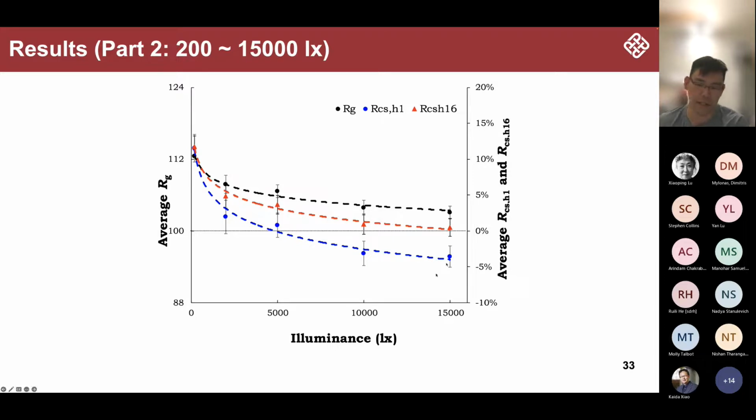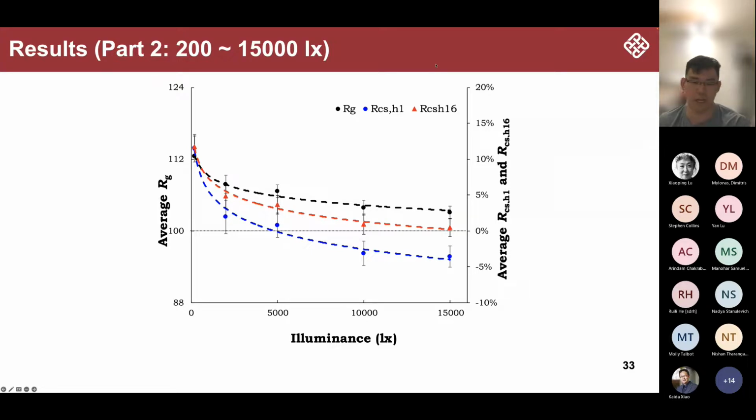And more importantly, you can see that when the light level was 15,000 lux, people don't want any saturation enhancement, because the average RG value was close to 100, which was actually the reference. In a lot of past studies, we find people prefer more saturated colors, but we think this comes from the reduced light level used in typical conditions. If we show these colors in daylight, people don't want a higher chroma level or saturation. So this is showing the higher end.